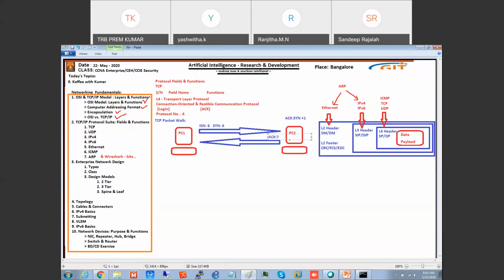What is the meaning of 7? PC1 understands that PC2 received 6. Then again, PC2 will send a SYN. This SYN is basically the ISN, the initial sequence number generated, for example 20. Now the reply will come: yes, I got your initial sequence number. PC1 will give the acknowledgement, which will be 21. Once these 3 steps are done, this process is called the TCP 3-way handshake.